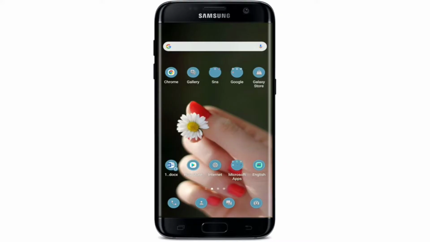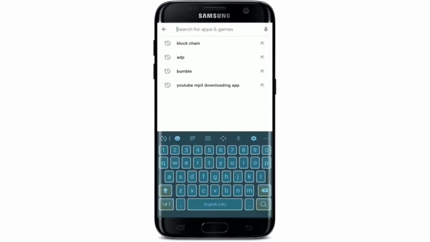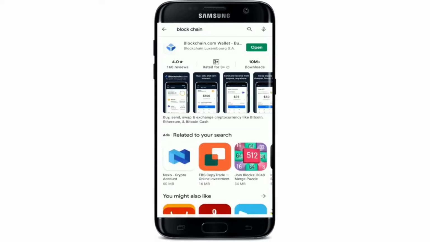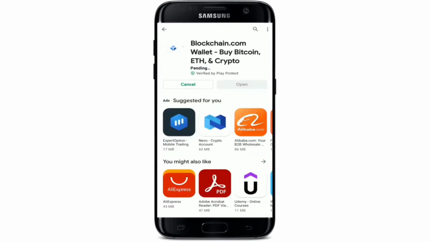How to download blockchain wallet on your Android device. In order to download the blockchain wallet application on your Android, open your Play Store first. Tap on the search box at the top of the screen and type in blockchain. Hit the search button. Once you find the search result for your application, tap on the install button to download the application on your